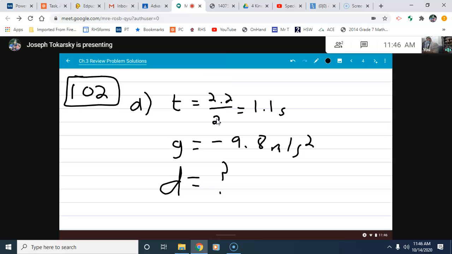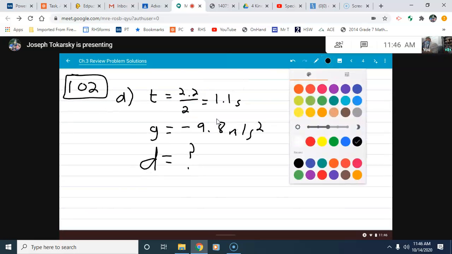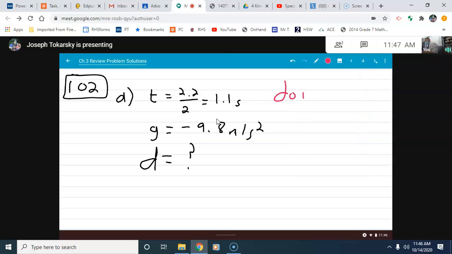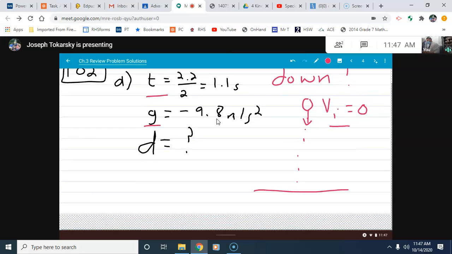So let's think about the trick to this one, using only givens and not solving for anything else first, is to use on the way down. We're allowed to take advantage of it. So if we use on the way down, here's why that solves my problem. Still at the peak it has to stop, but now the peak isn't my final. If I start the problem there, now VI is what? Yeah, 0. I just start the problem from there. I'm completely allowed to do that. G is still negative 9.8, and it's still going to take 1.1 seconds to come down since it took that to go up, right? So if we use those values, then I could use equation 2,